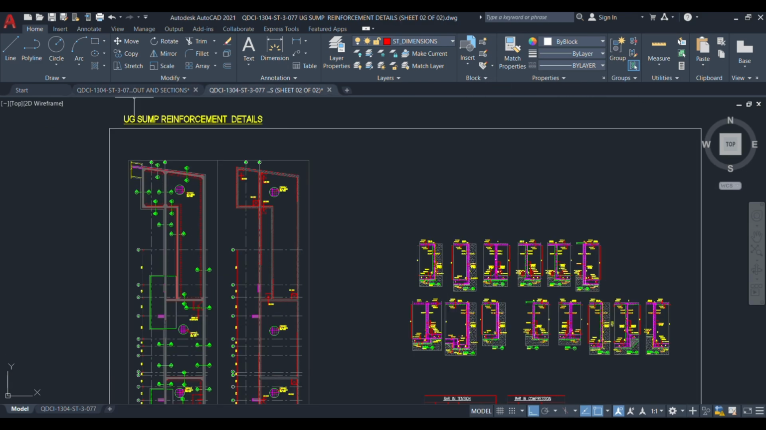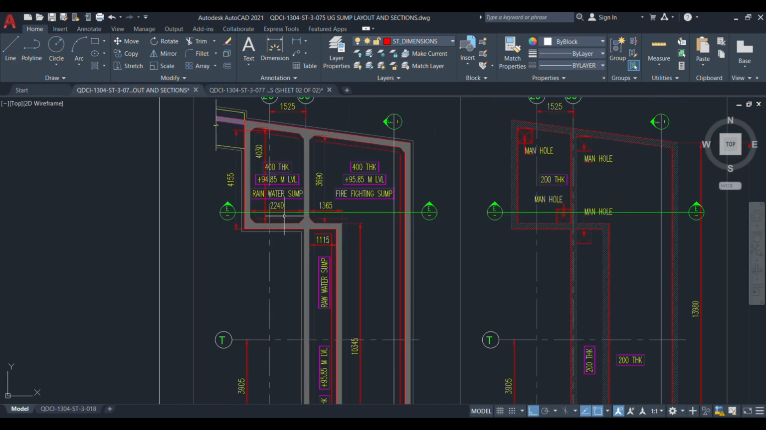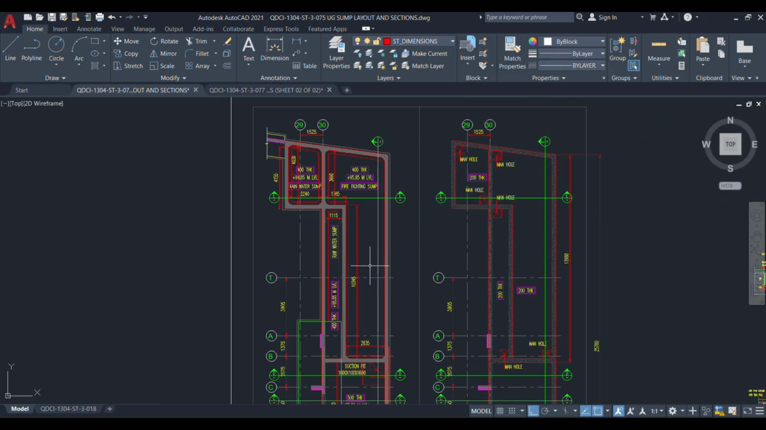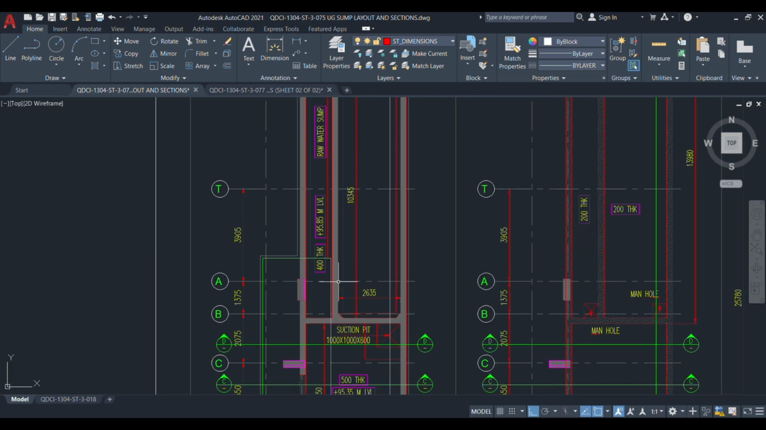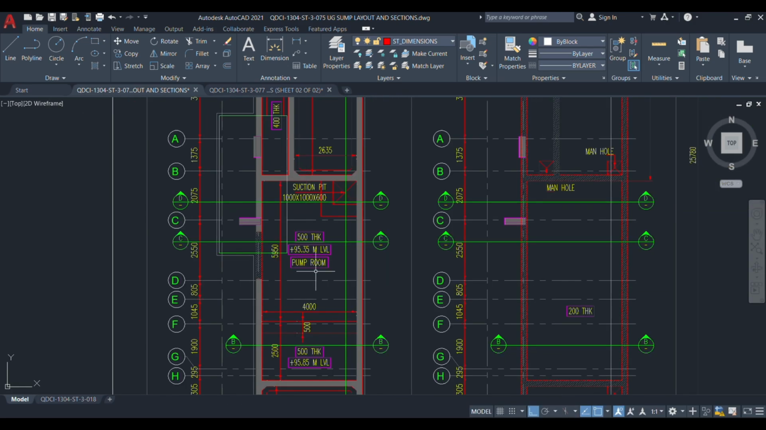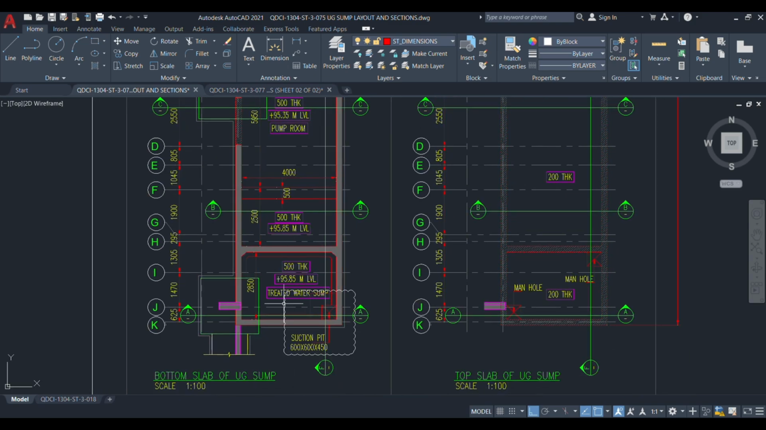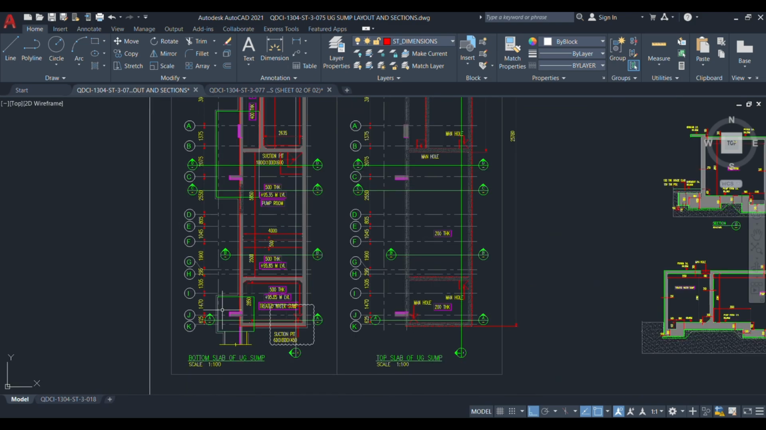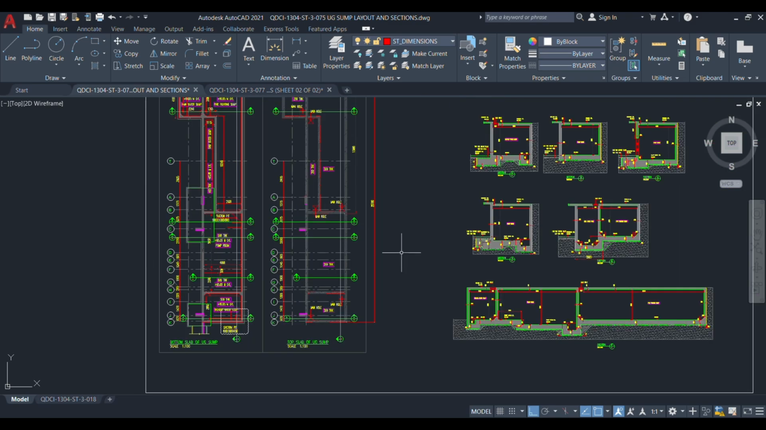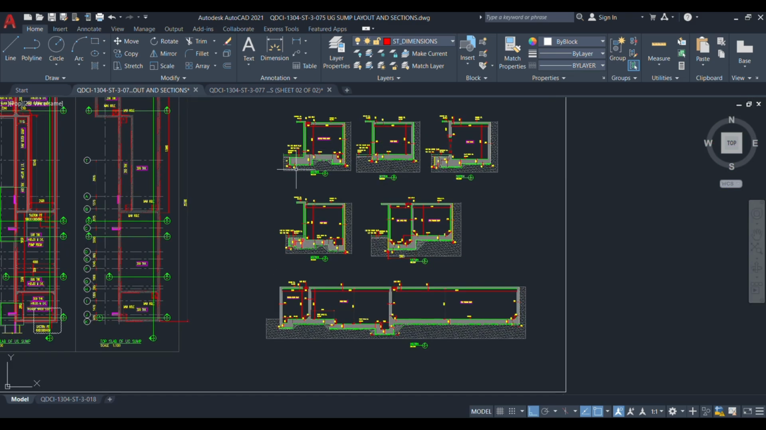So before starting this video, I am going to brief about this. This is the UG Sump layout. This is the rainwater tank, and this big one is the firefighting tank, and this is the raw water tank. And here the center section is the pump room for this area, and this is the treated water tank. So this is the general layout of the UG Sump, and it has a number of cross sections